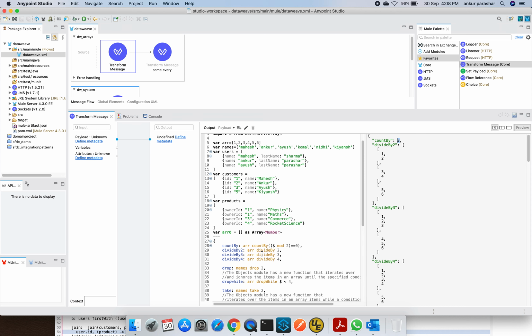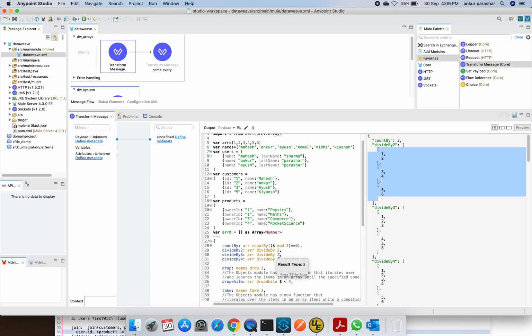Let's go with divideBy. As the name suggests, it will divide the entire available array into multiple parts. So let's say divideBy 2. ARR is being divided into parts of 2, like 1, 2, 3, 4, 5, 6. Here you can see like this. Have you noticed one thing? The count is 6, an even number, I am dividing with 2, and it results in 2 elements in each part.